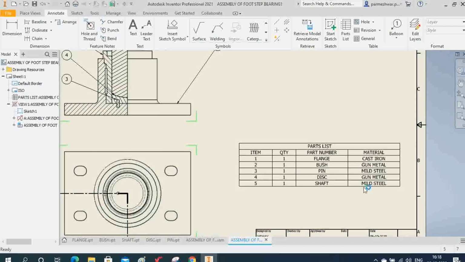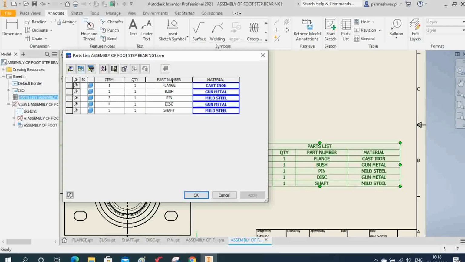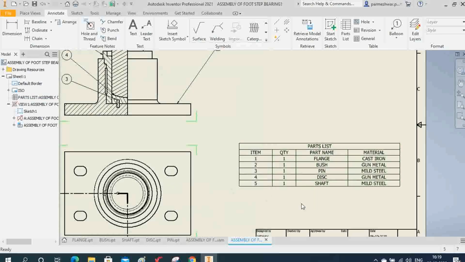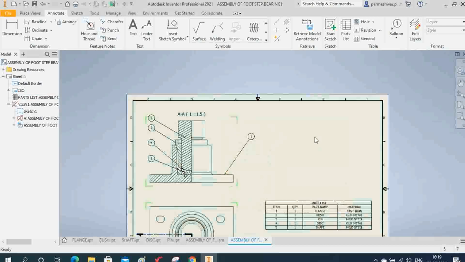Like this you can insert all your part list, right? So here part number, we should name it part name, right? Double click here, then here it should be part name. Right click, format column, here you can write part name. Okay, apply, click OK, right? So here it should be part name. So like this you can insert the part list also. You can give the names of the numbers of these parts. Okay, accordingly you can select this